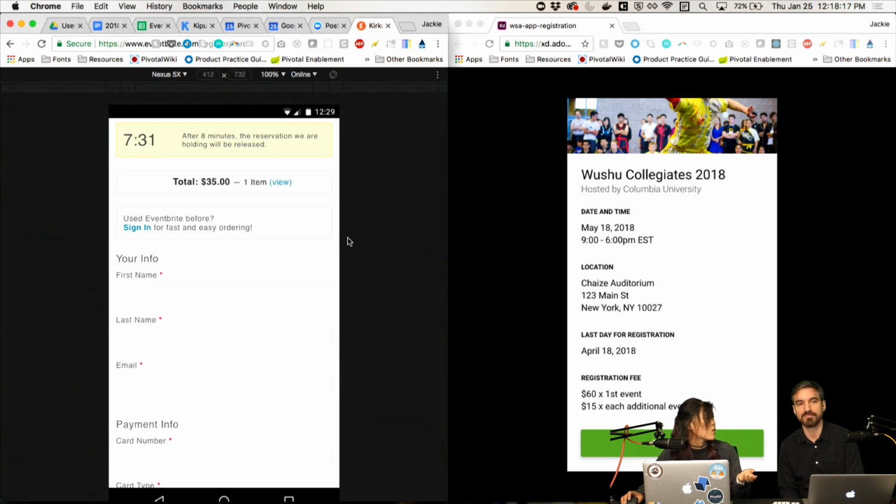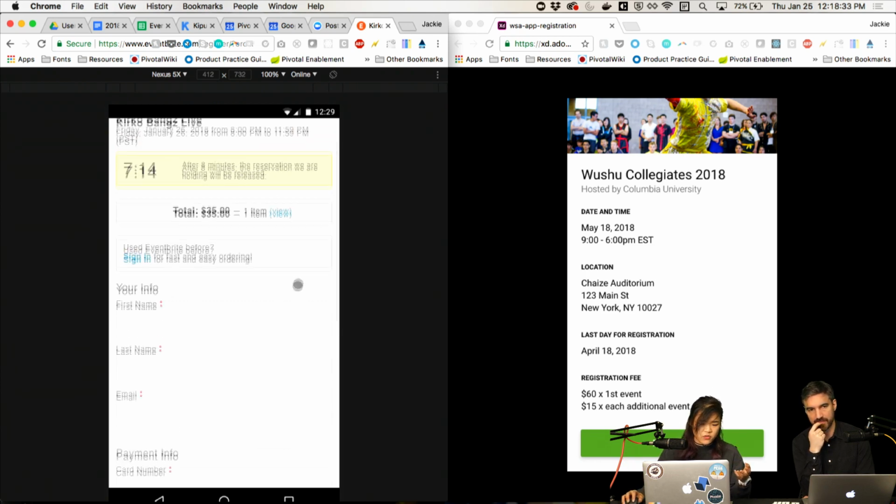Yeah, but the way that Eventbrite actually does it is you don't have to have an Eventbrite account. So I think it might be an interesting case for us: do we as Kipup want to make everyone have an account, or do we want to allow users to register without one, kind of check out as a guest, if you will? That might be interesting for us to visit.